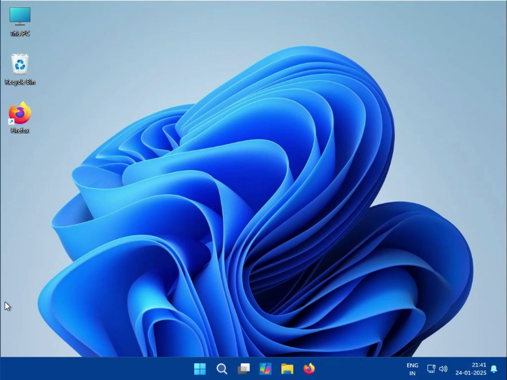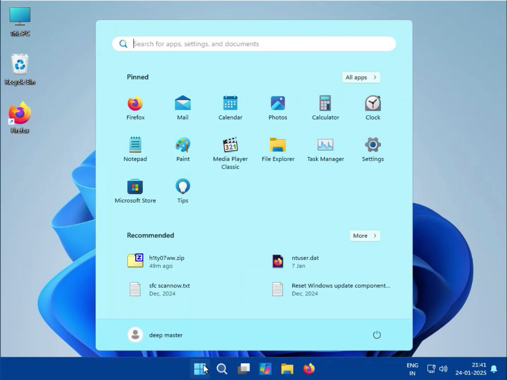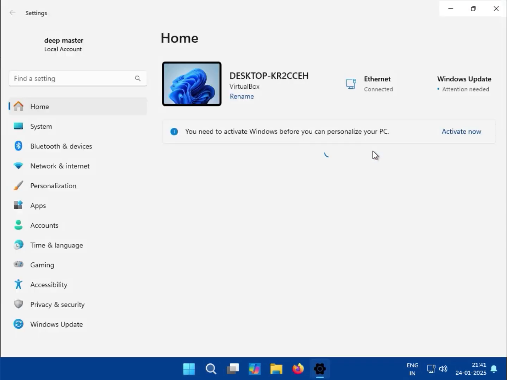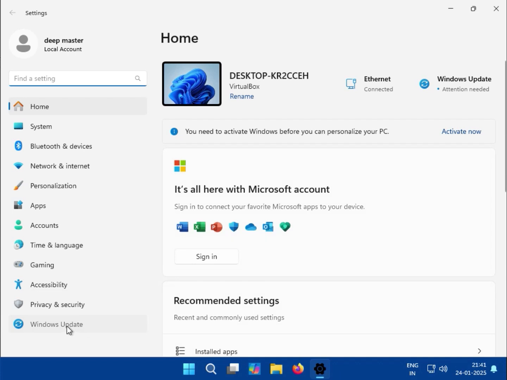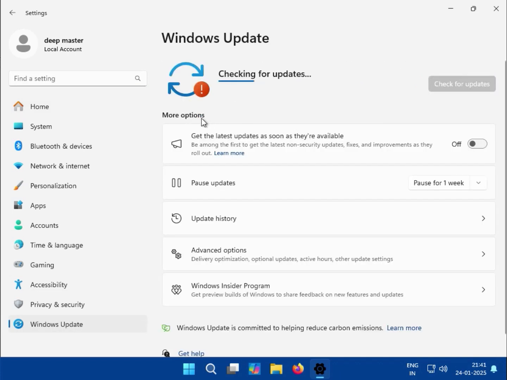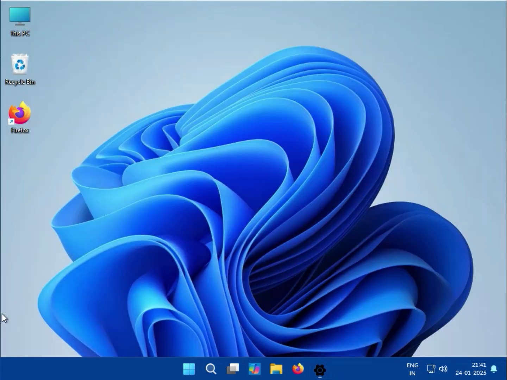Check Windows update if any Windows update is pending. So guys, download and install. Just click Windows update and check for updates. It will check and show the KB series and all. Download and install. Do not restart, wait a few seconds. It will install it properly. Then okay, so next guys,